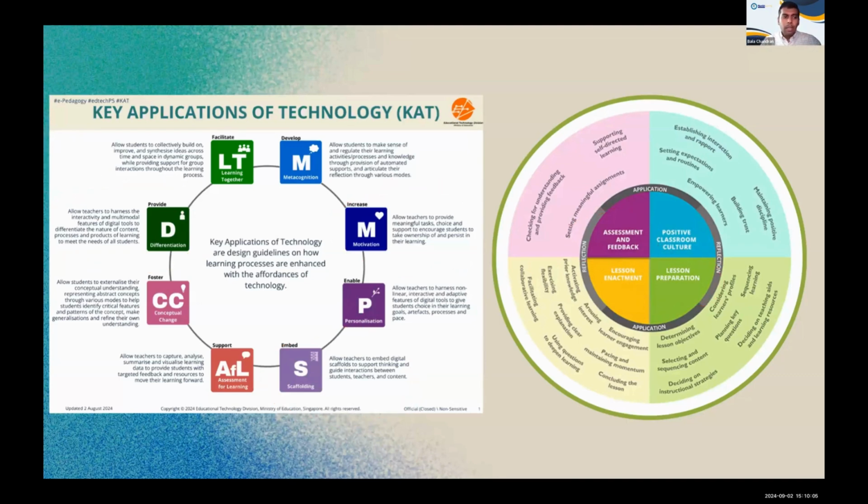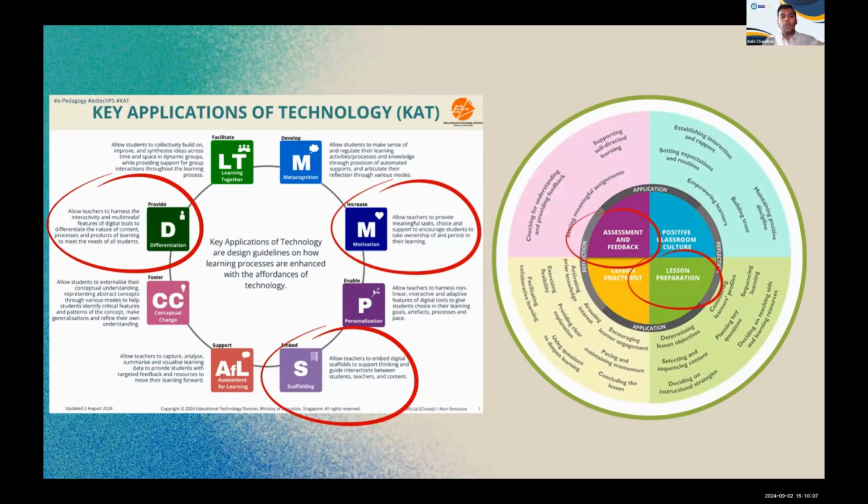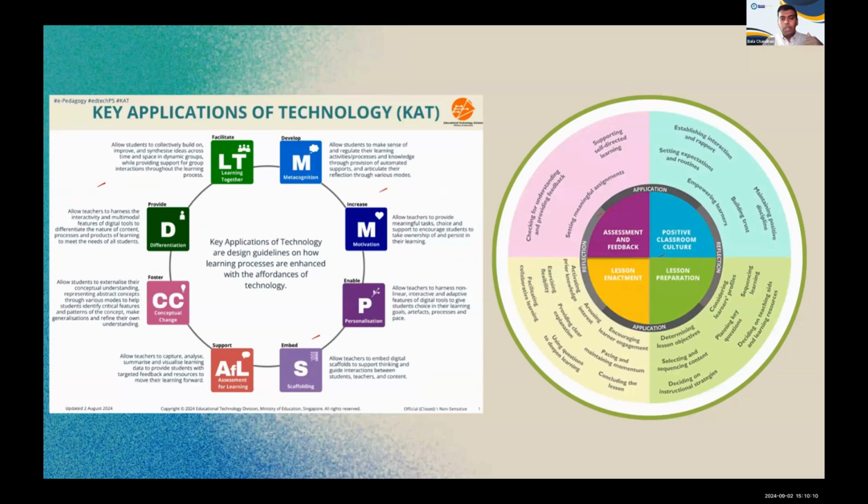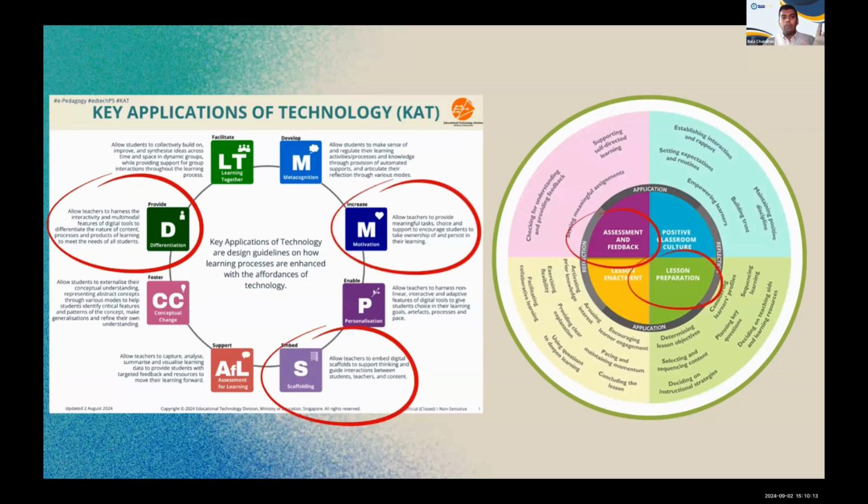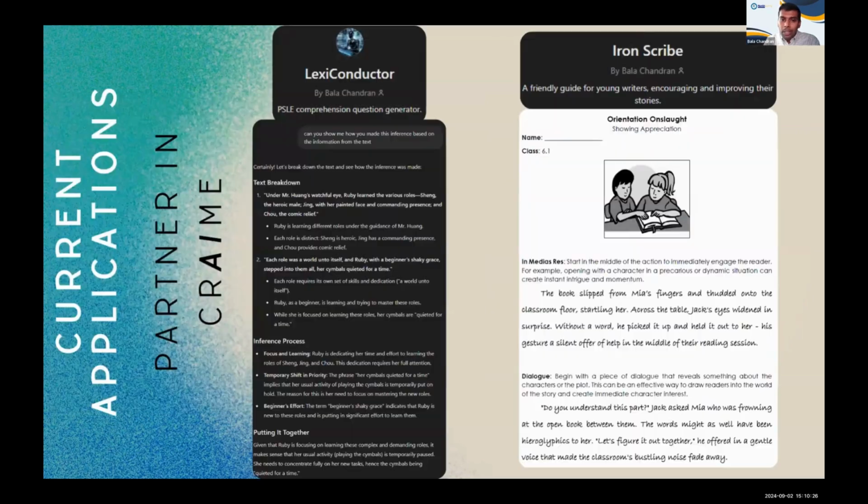So in my adventures with AI this year, I've largely been focusing on the areas of differentiation, motivation, and how to scaffold certain aspects of writing for them, alongside providing better feedback and preparing better lessons as part of the guidelines of the STP. I apologize for how text-heavy this might seem, but that ties in nicely with how AI has been a very good partner in crime for me this year. To put it simply, one of the problems that we will always face as teachers, I feel, is the time crunch.